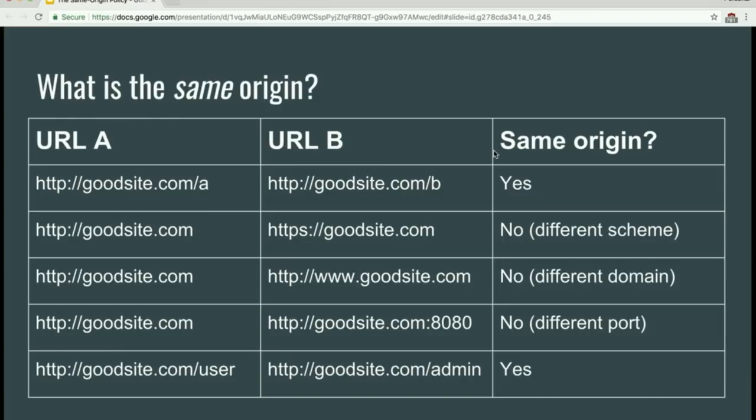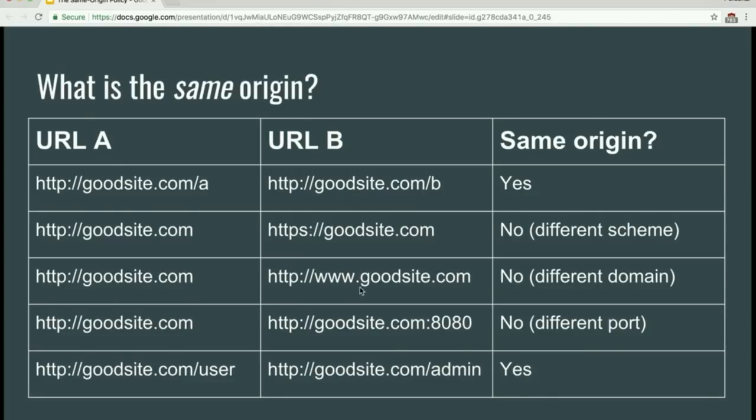So the first row, those 2 are in the same origin because they have the same scheme, HTTP, and the same domain, goodsite.com. The port number is 80 for HTTP, so that's implied. Therefore, they are the same origin. Now the next 2 are not the same origin because one is HTTP and the other is HTTPS. And likewise, row 3, they're not the same origin because the domain name is subtly different. One is goodsite.com and the other is